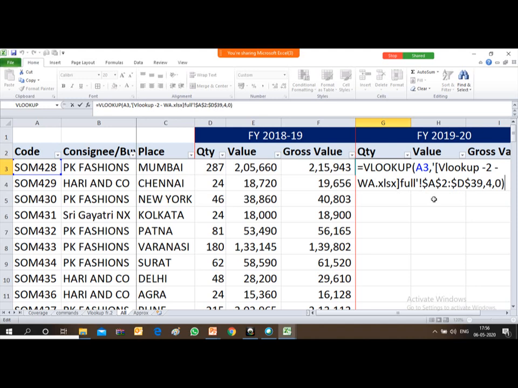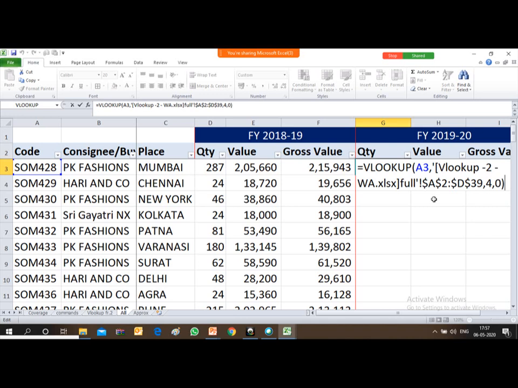If I am using the formula from a different file, the range gets automatically frozen. If I am using the formula within the same file, in the same sheet, or from a different sheet of the same file, the range does not get frozen. I have to freeze the range manually by pressing F4.